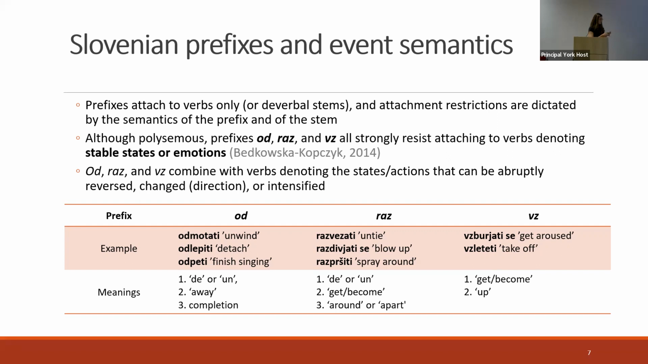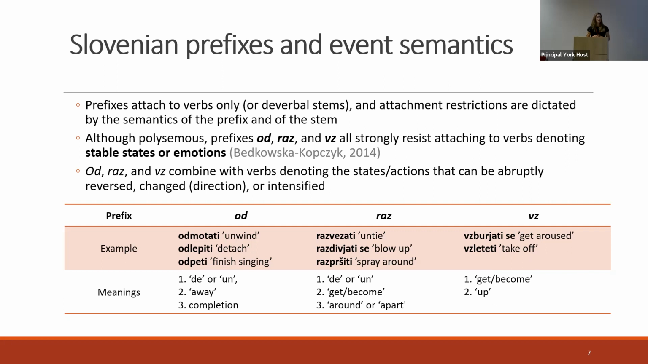So for example, od and raz, besides their directional meanings, both have the meaning of a reversal of an action, such as detach, odlepiti, or untie. Od also has the meaning of the completion of an action, whereas raz and uz both share the meaning of intensification of a state, emotion, or an action, or an abrupt beginning of it. So although polysemous, they seem to have overlapping semantics, in that they resist attaching to stable states or